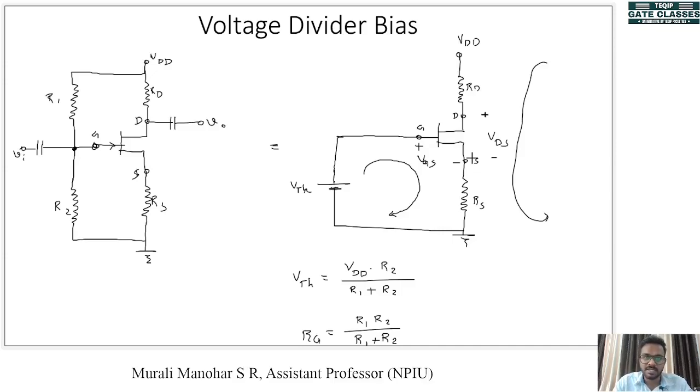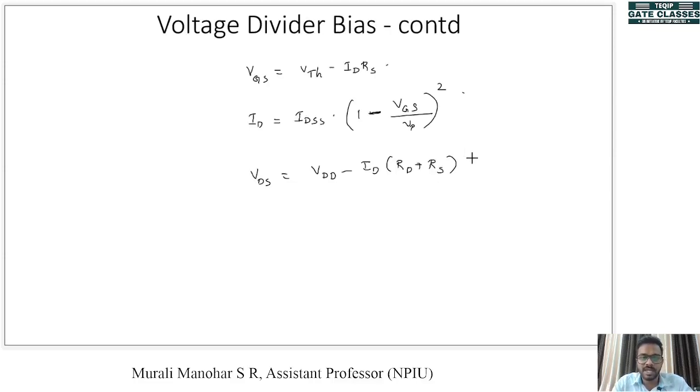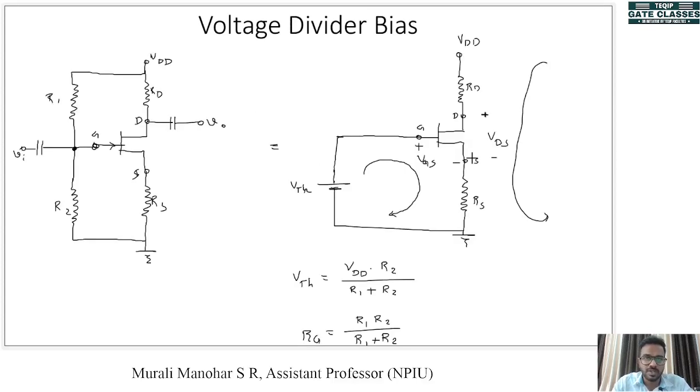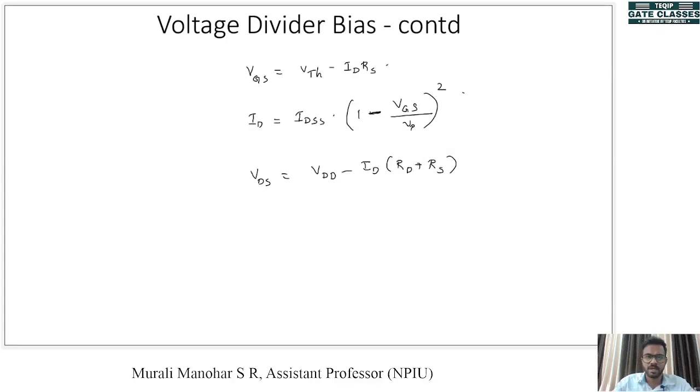Now these same biasing circuits can be applied for the next device we are going to discuss, that is the MOSFET. There are two different types of MOSFET, and for both of them we can apply this circuit. The only difference is here the relation between ID and VGS is given as ID equal to IDSS into 1 minus VGS by VP whole square, and in MOSFET the relation is different. So I won't be explaining these biasing circuits in MOSFET because all the equations and derivations are same. Now we can do a few problems and wind up this session, that is biasing of FETs.